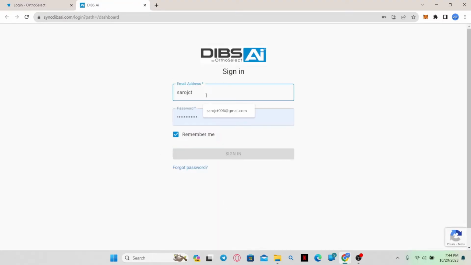You will then end up within the login portal. Now in order to log in, simply enter your credentials, which is your email address and your password. You can then click on the sign in button to proceed logging in. Make sure you uncheck the remember me box if you're logging in using a public device. After you click on the sign in button, you will immediately be logged in to your existing account on Dibs